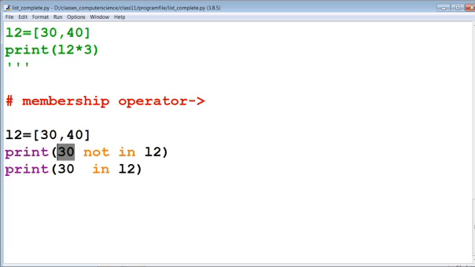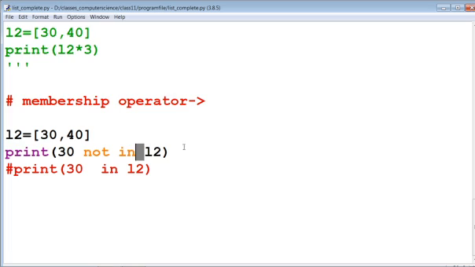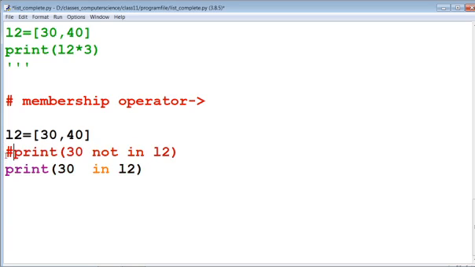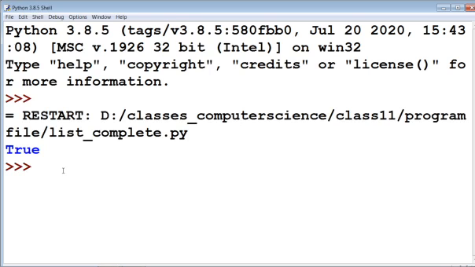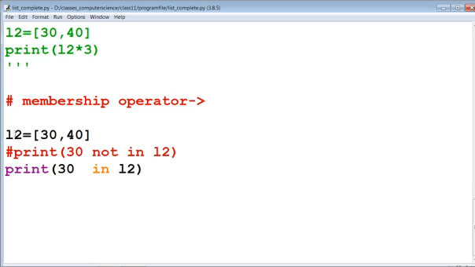Then this will return false because 30 is present in list 2. Then the result will be false. Now check the output. You can see that result is false. Now first, same, if we are going to use the in operator, now we can check the output: 30 in L2, list 2. That means 30 present है यहाँ पे, 30 is present. Then this will give the output as true. You can see that the output is written as true. Now this is the way to use the membership operator in your list.